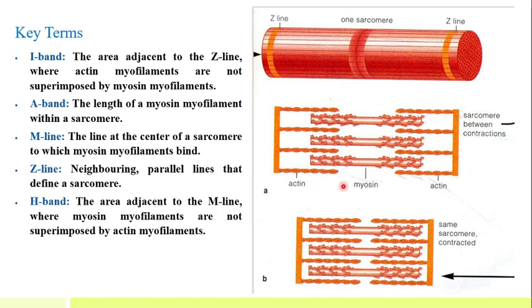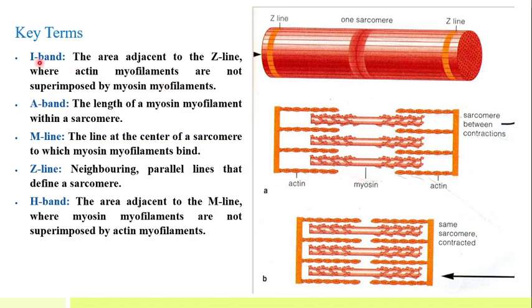Now these actin and myosin filaments together form the sarcomere between contraction and relaxation. So in diagram A you have seen the structure. Now see, diagram A is showing the relaxation of muscle and diagram B is showing the position of actin and myosin filaments at the time of contraction. So the distance between the two actin filaments gets reduced at the time of contraction, and at the time of relaxation the myosin filament shows the scattered form and the actin filaments go away from each other.